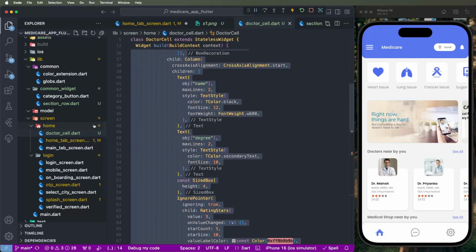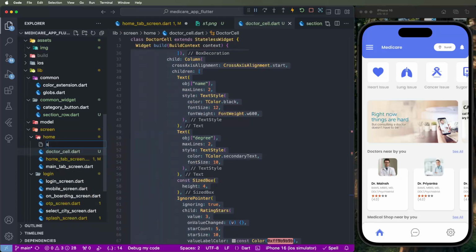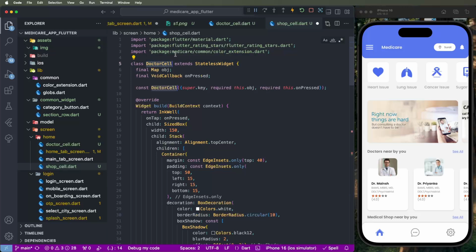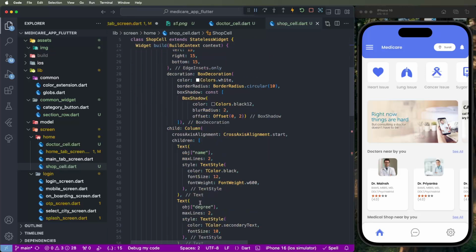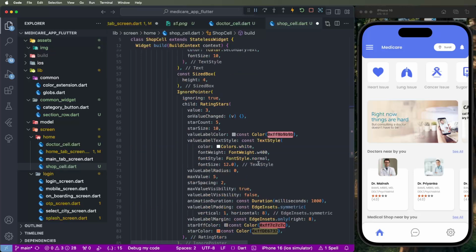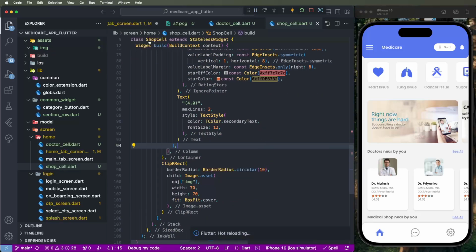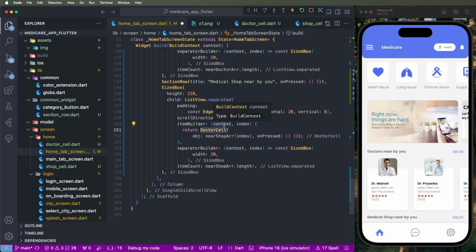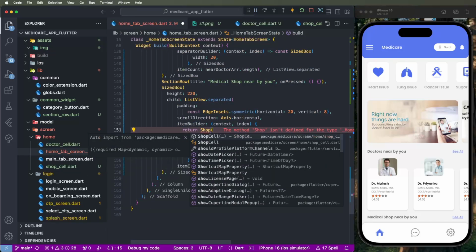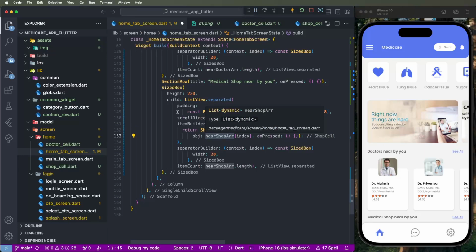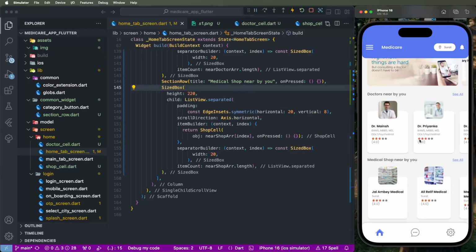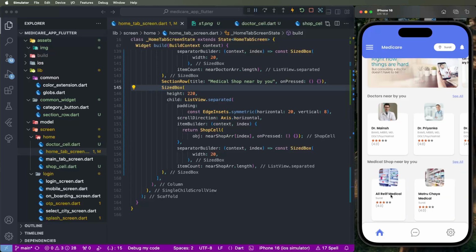We need to copy these cells, create here the new files shop cell dot dart, and to paste this here. Now need to change here the title shop cell, and we need to save here. Now we need to change here, set here the address and image like this same need to put. Now need to go and to change this here the shop cell and need to shop array. Now need to save and we need to check here similar to show this here the shop here look like